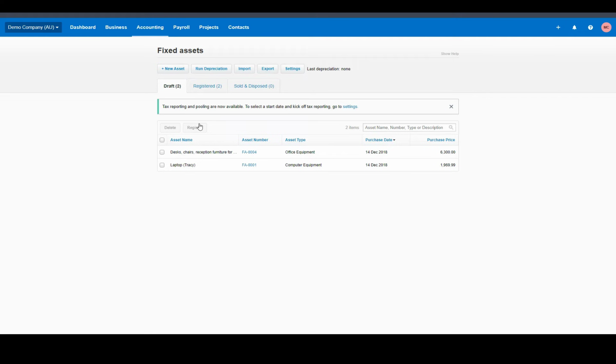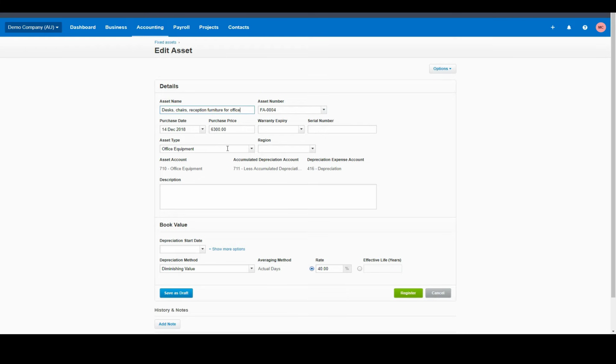So if we go into the fixed assets section, you can see, similar to a lot of the other places in Xero, such as invoicing and bills, you can save drafts and then you can register them when they're ready to be registered. So if we just have a little bit of a look here at one of the draft fixed assets, you can see that we've purchased some desks and chairs and furniture for the office, and it's being coded to office equipment, and there's a purchase price and an asset number, etc. You can also put some other details in here, such as a description, a depreciation start date, choose the depreciation method